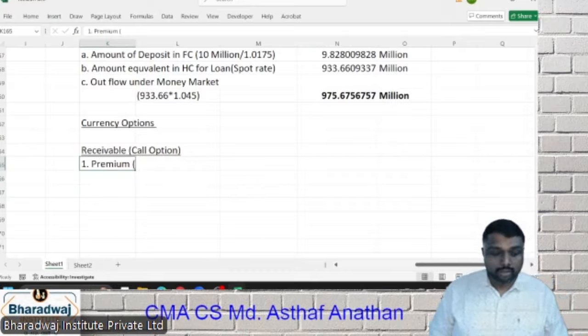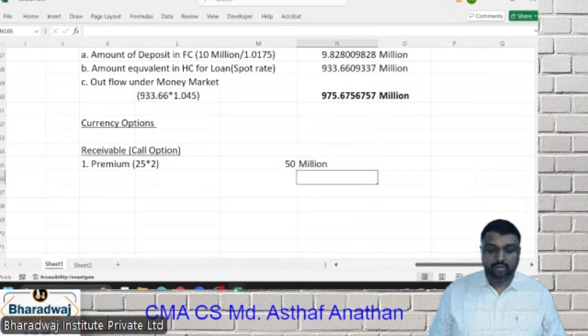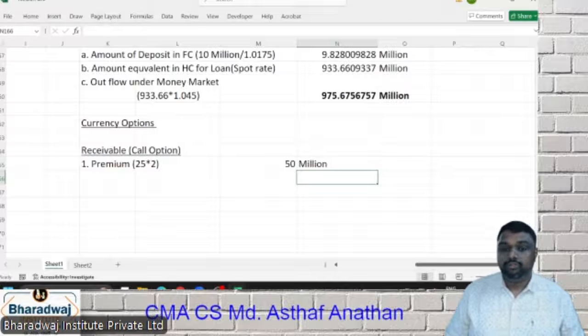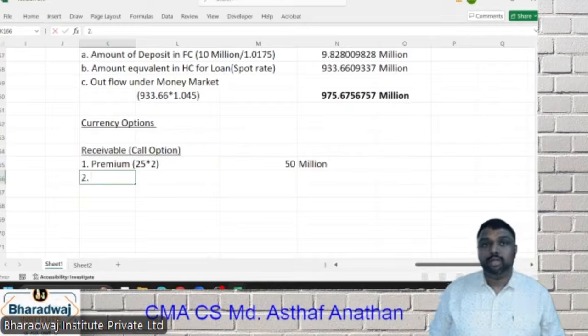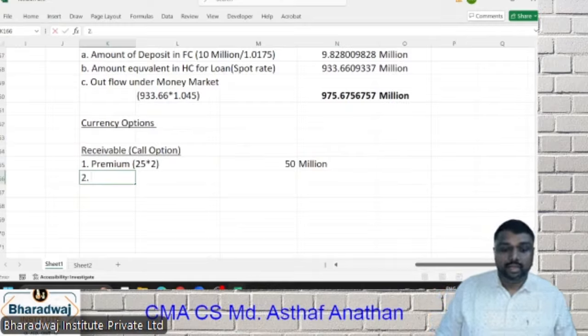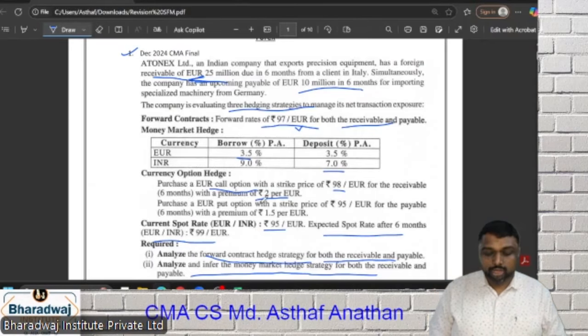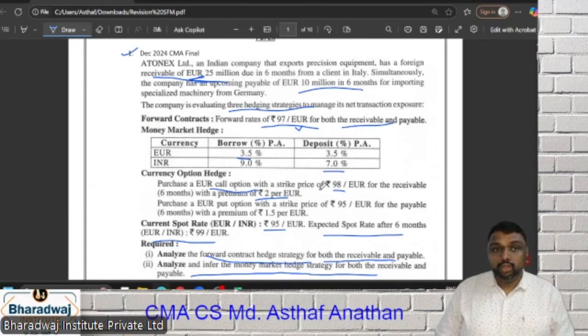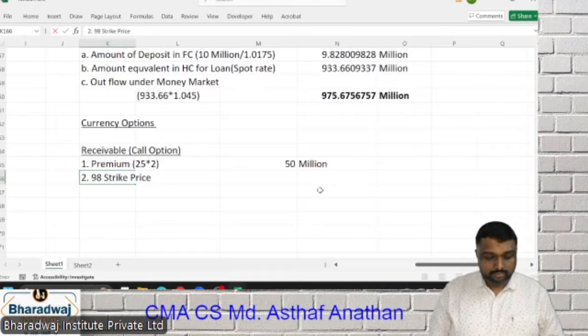So premium will be what? 25 into 2, which will be 50 million. Next, what is the amount? Here you have to compare it. See, you are buying euro, correct? Because it's a call option you are buying. So you can buy at 98, which is the strike price, or